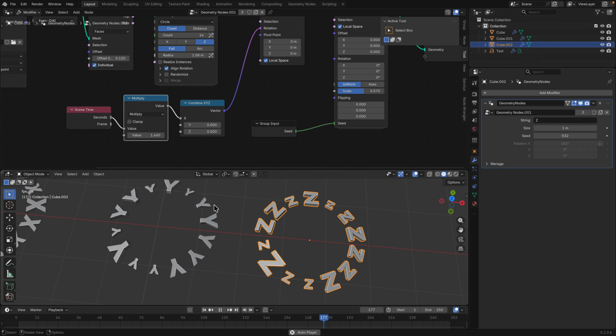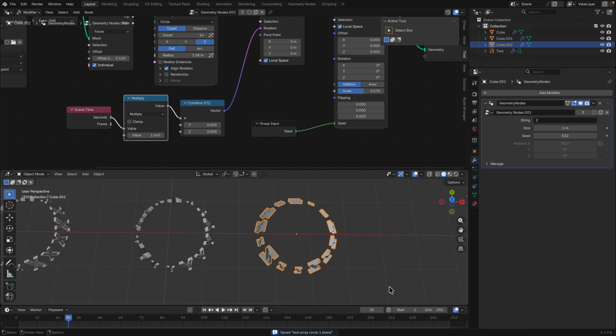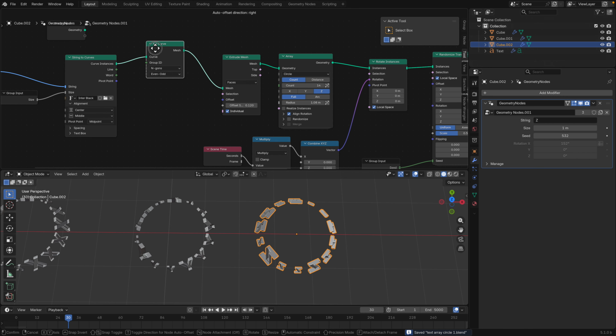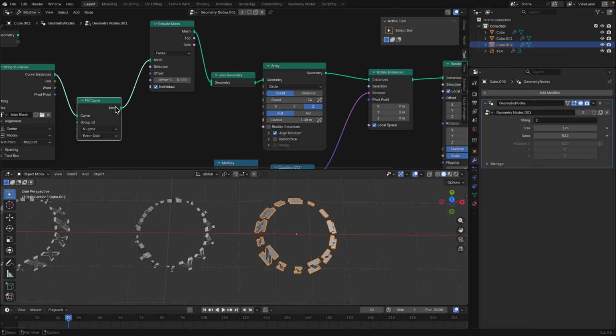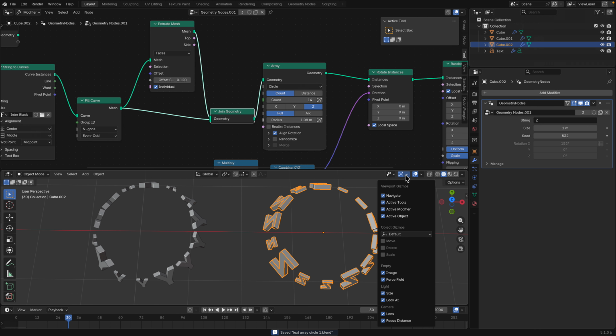Like I said, the extrusion inside geometry nodes always makes hollow objects, so that's not very good. You need to maybe do something here. Join geometry. It's a little bit annoying, but this will work. But don't forget, if you look at the